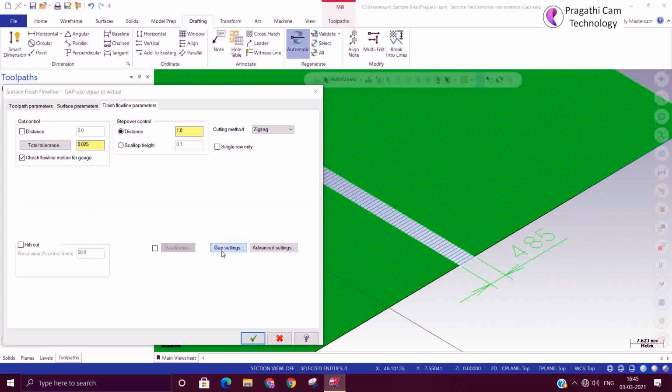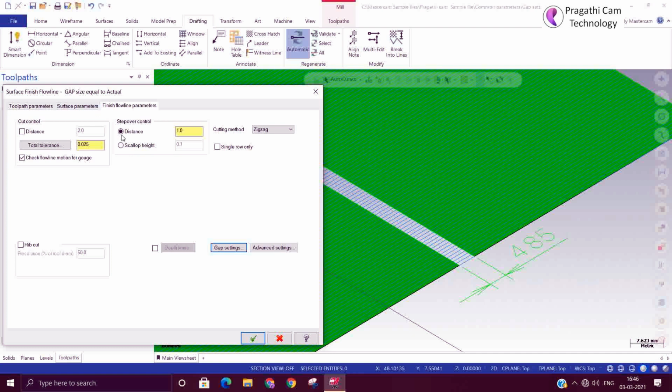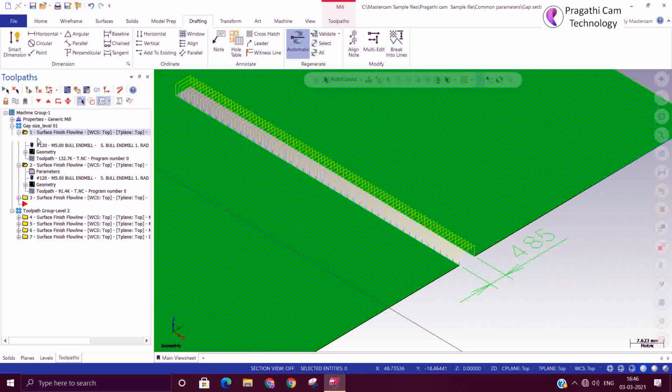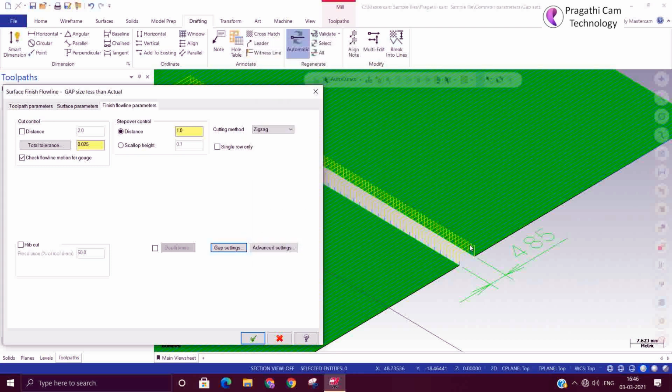While moving from one edge of the surface to the other edge of the surface, it checks whether there is a possibility of gouge on the gap motion. That is the meaning of it. So in the initial toolpath you can see, while retracting, it checks for gouge so that it will not hit any of the drive surfaces. Okay.